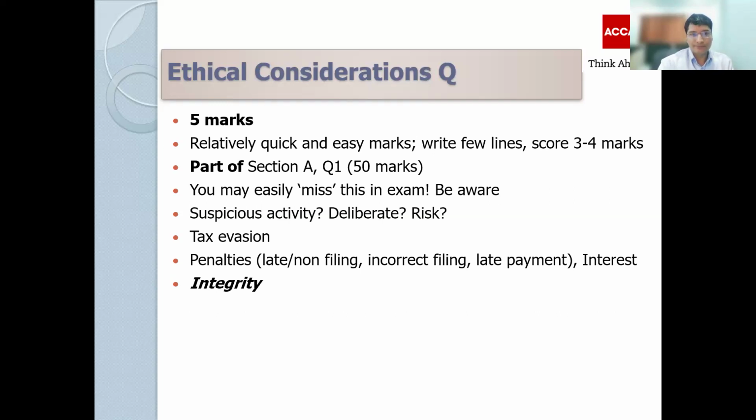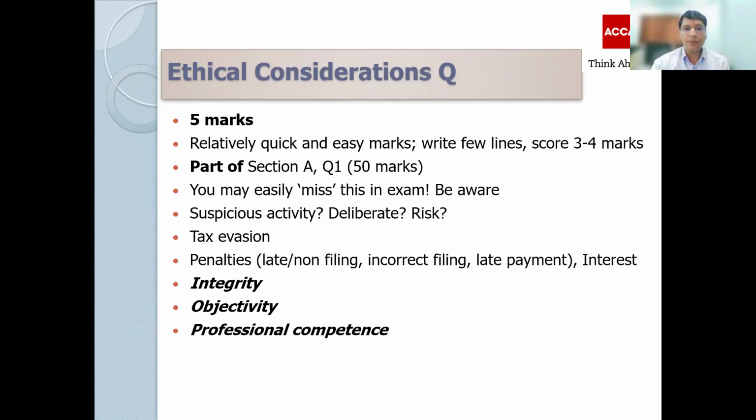And there are 5 weird and wonderful words you need to bring in the exam. Integrity, that simply means honesty. Objectivity means no conflict of interest, being brave enough. Professional competence: do you have the capacity to do the case, the task, the assignment? Confidentiality, privacy and confidentiality: are you breaching the GDPR rule? Are you sharing the client information with others or not? Should you do that? You absolutely shouldn't do it. And professional behavior: are you dealing in a professional manner?